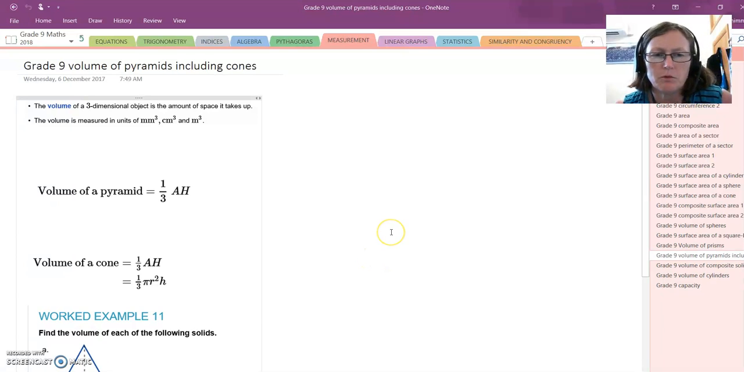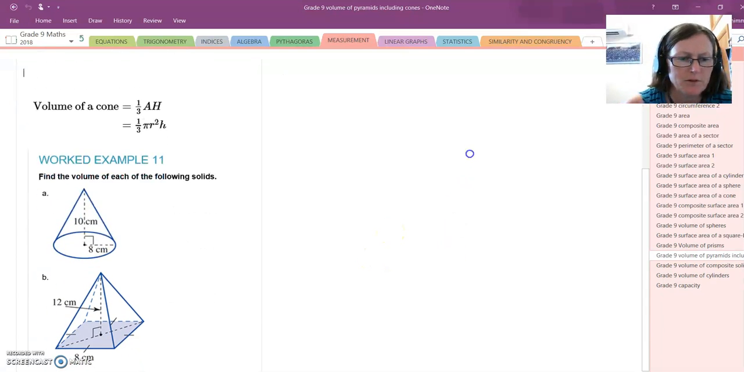Okay, let's look at the volume of pyramids including cones, and we'll look at a couple of shapes here. Here's a pyramid, here's a cone. These are not prisms. Remember, a prism has to have a constant cross-sectional area, and with these shapes here, so